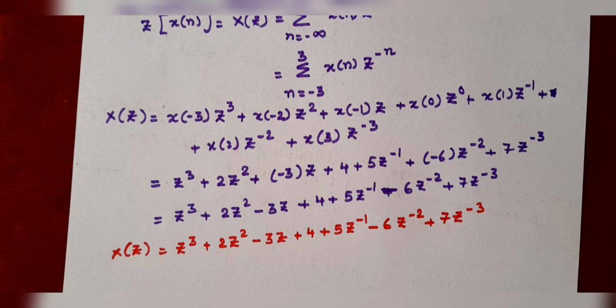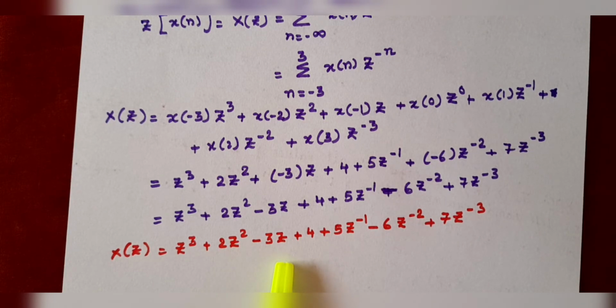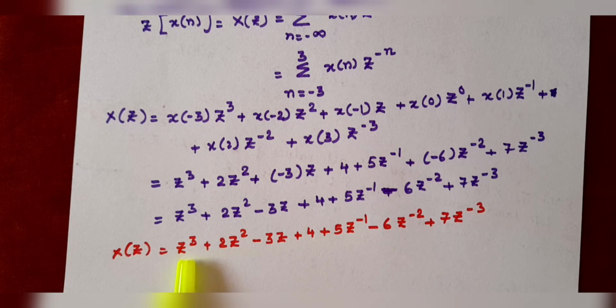So, for what values of z does x of z converge? If you put z is equal to infinity, it will become infinite, or if you put z is equal to 0, it will also become infinite. So, what is the ROC for a two-sided sequence? The ROC for a two-sided sequence will be for all values of z except z is equal to 0 and z is equal to infinity. So, ROC is given as